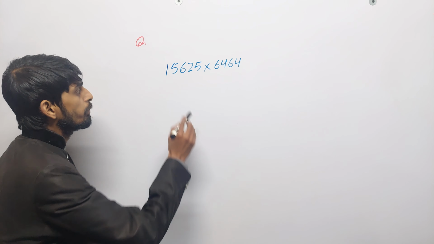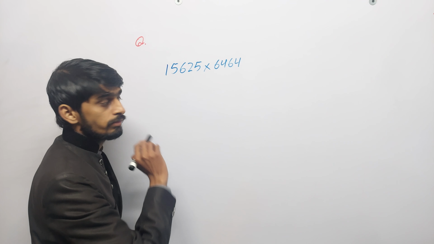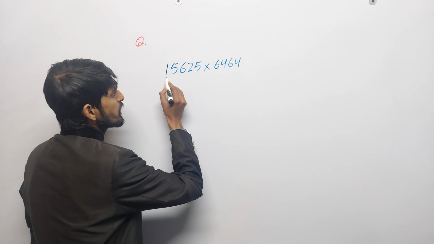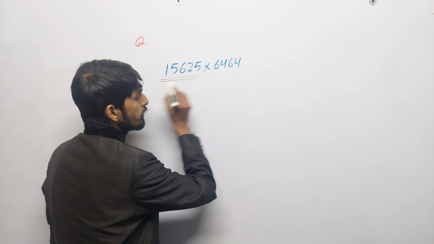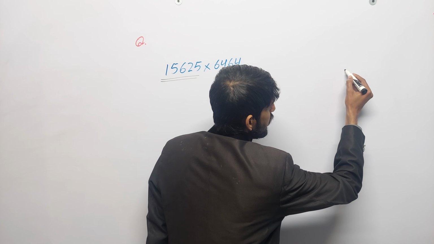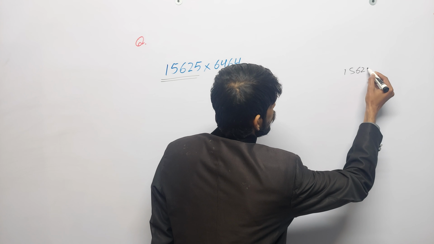Now we multiply these two numbers. These are also very large numbers. So how can we multiply these two numbers? Simply check the nature of the first number. We can write this number, 15625,